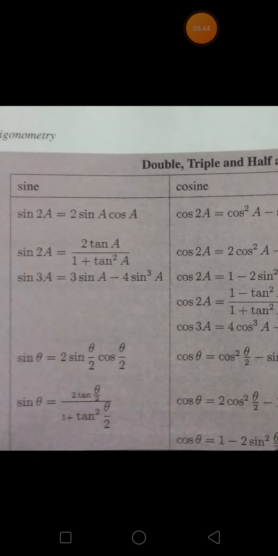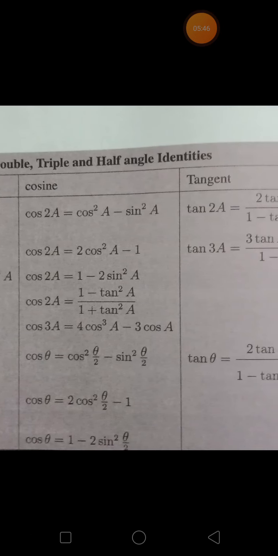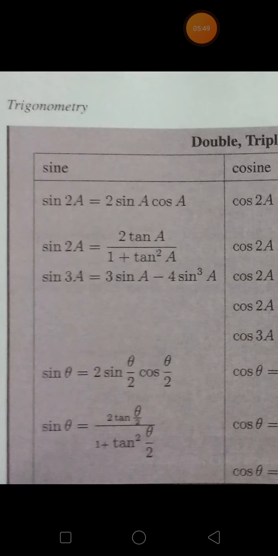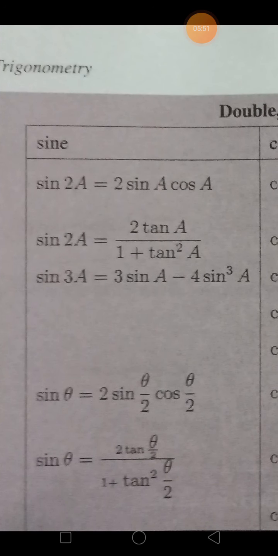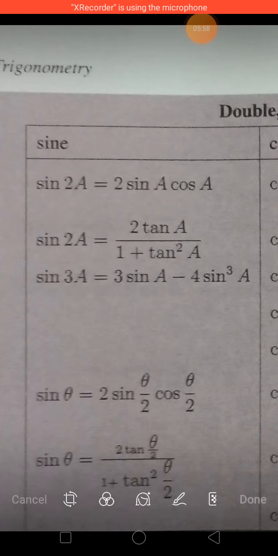And then this is full of sin theta identities. So sin 2a, I can write out 2 sin a cos a. For example, if you have sin 2t, suppose if you have